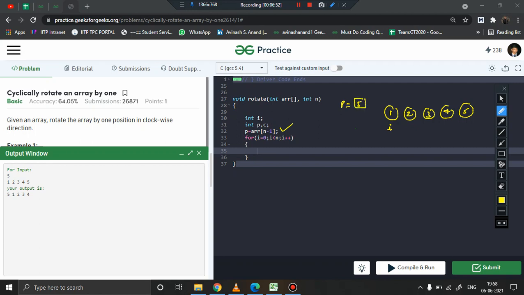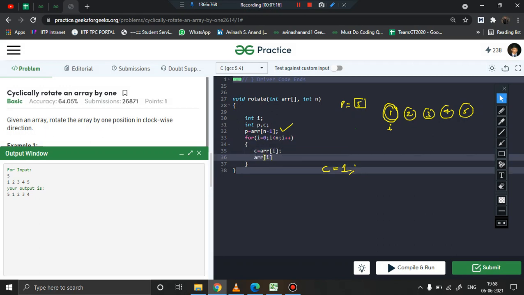What we will do now, since we are going to use this value later on, is say current is equal to array of i. The current value of i will be stored in the variable c. So c will store the current value of i, which is 1. Done. And the element at array of i will now be initialized to the element which existed before it, which is p for previous, which means p is basically now 5. So this will be initialized with 5. Done. So remember, p is equal to 5 so far.